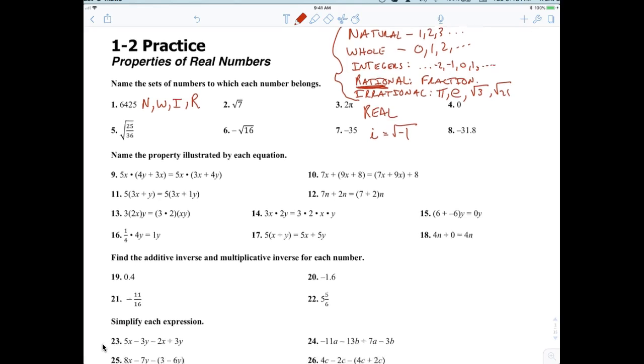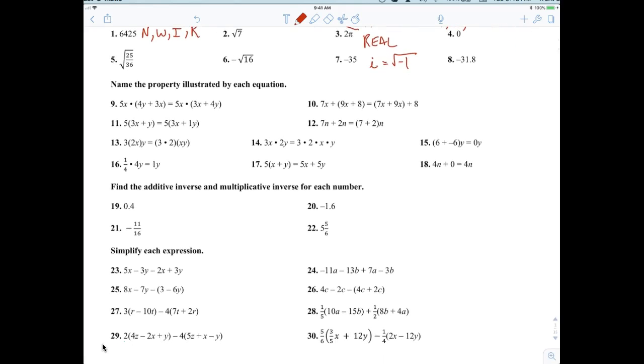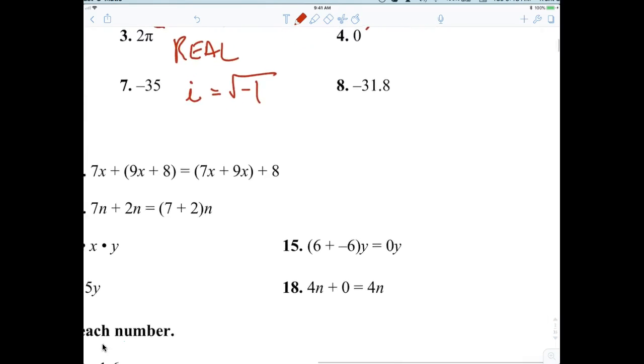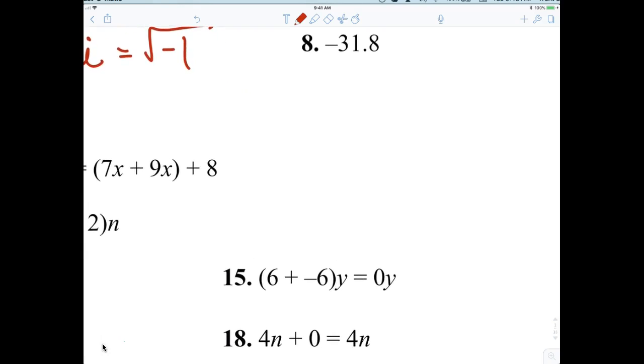All right. Now, the next thing that is important is the properties. Here we go. Let's try to review the properties real quick, and then it'll bring us to the end of the day, probably. So we have